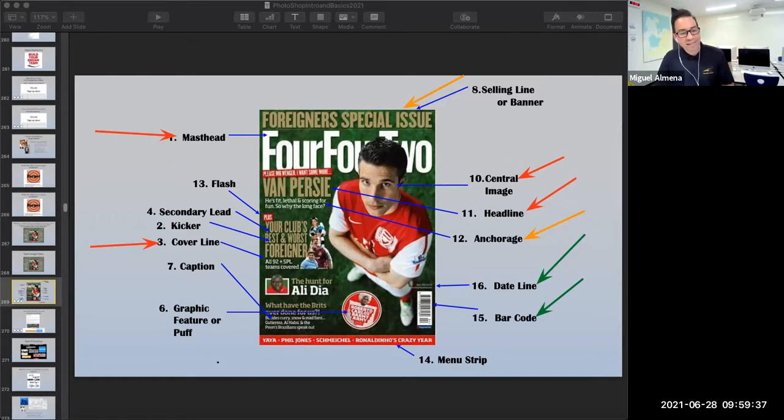Other things we might not see are a graphic puff or feature. So, graphic feature or puff, we mentioned that. Those puffs could be a shape, right? They could be geometric, they could be organic shapes, but they're not always there. They may or may not be there, depending. I think I've seen more graphic features or puffs in